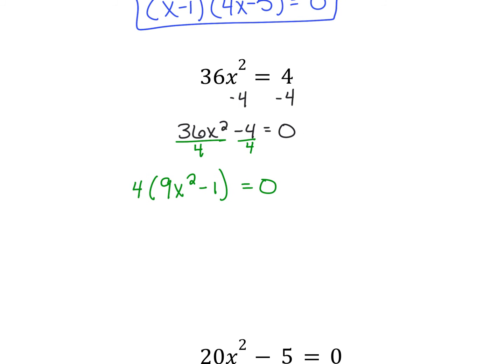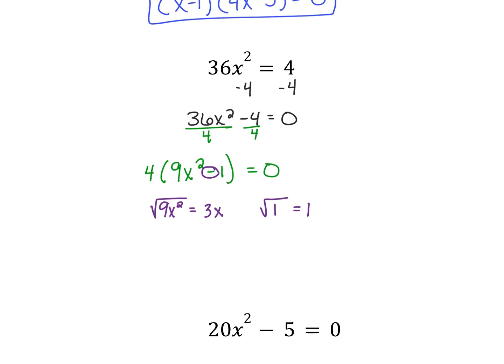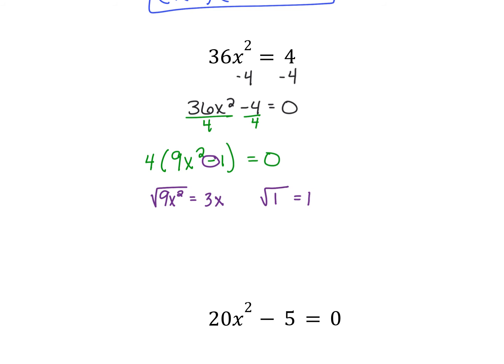From here, I need to check for trinomials and difference of two squares. Well, I don't have a trinomial inside those parentheses. However, I do know that I can take the square root of 9x squared, because the square root of 9 is 3, and the square root of x squared is x. And I can take the square root of 1, that will give me 1. And since it's a minus, that means we are going to be able to rewrite this as a difference of two squares. So we're going to keep that 4 out front,